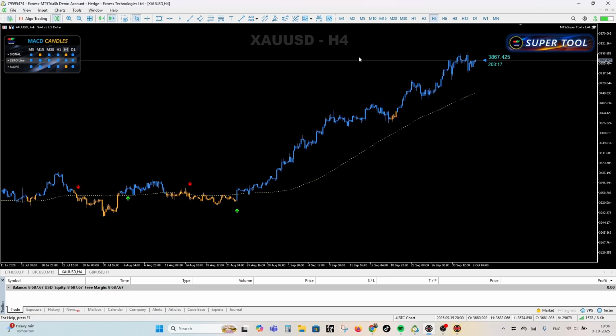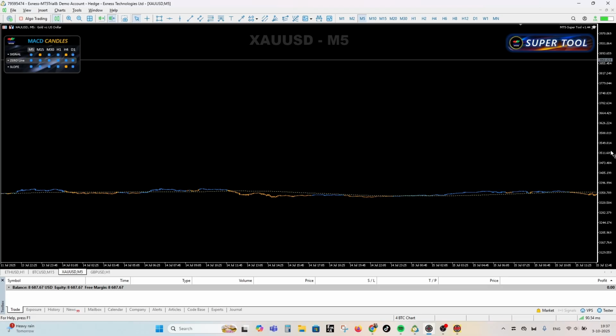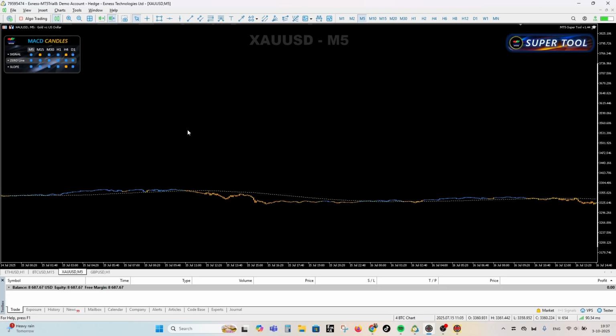So you might want to check that out. So like I said before, you want to make sure that the signals match at least, okay? Preferably 4, but at least if you're trading on the lower time frame, you want to have your M5, M15,